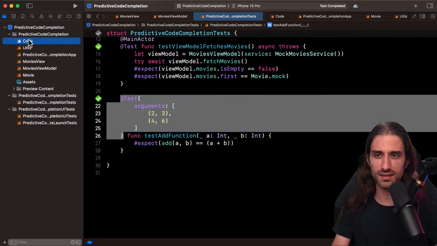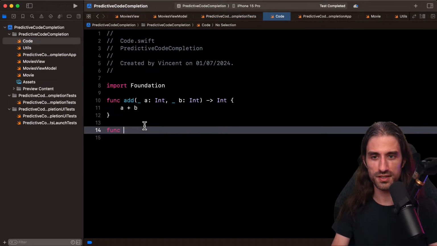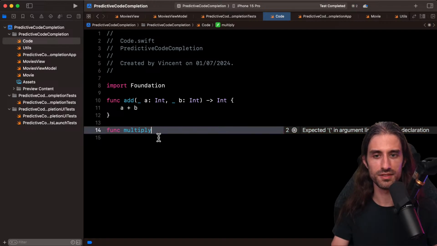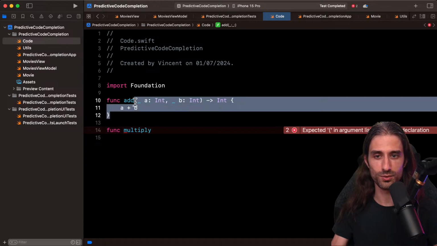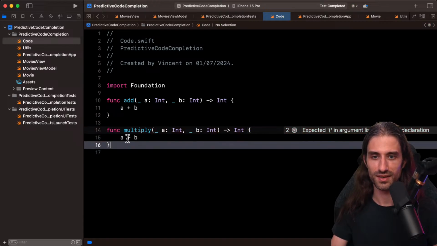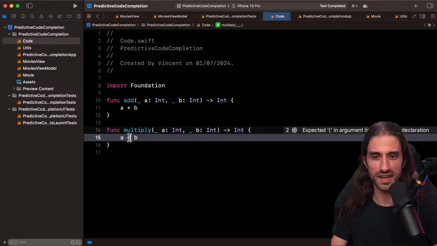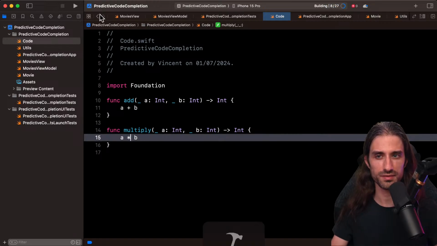So let's try this hypothesis. For this, I'm going to create a new function, which I'm going to call multiply. This way we can keep on the same idea of re-implementing the basic operations of the language. It seems it doesn't want. Okay, it has nothing to suggest. Well, that's not a problem. I can implement it myself.